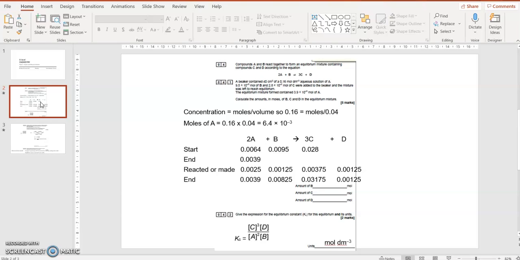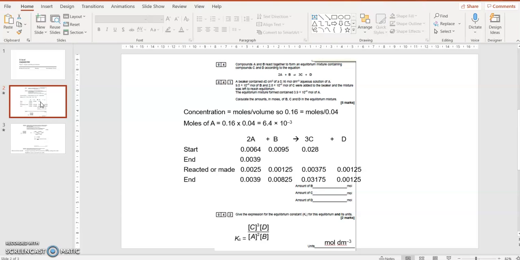It says the equilibrium formed 0.0039 or 3.9 times 10 to the minus 3 moles of A, and it doesn't tell you anything else that's made at the end, so we don't know how much of anything there is at the end. So you need to use molar ratios. So we know how much there was to start with of A, we know how much there is at the end of A, so we subtract the 2, 0.0025 or 2.5 times 10 to the minus 3 moles of A has been used up,